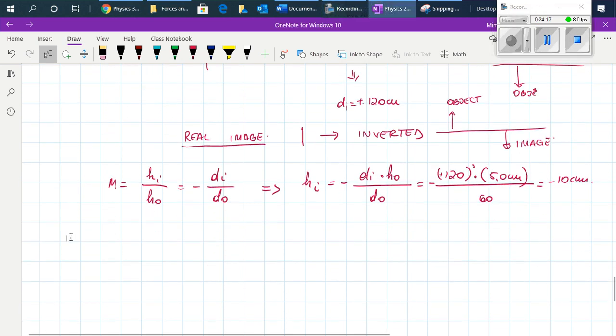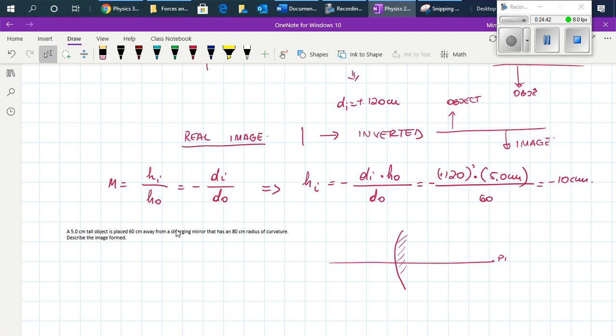Okay, so let's take a look now at another question. This is the same, just wait. So now we are dealing with the same object, but now this object is in a diverging mirror. Diverging mirrors look like this. There is a principal axis, and the object will be placed somewhere in here. So the object is placed 60 centimeters away from a diverging mirror with a radius of 80. So the focal point is here, and the radius is somewhere in here,